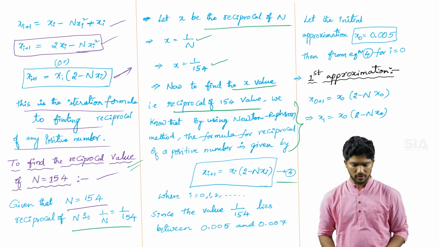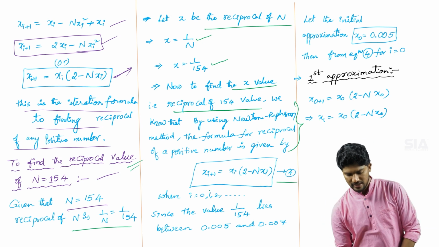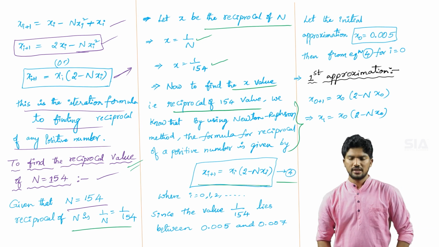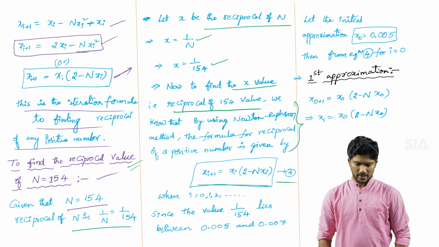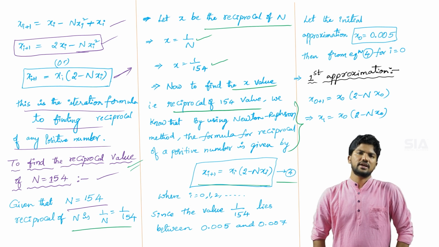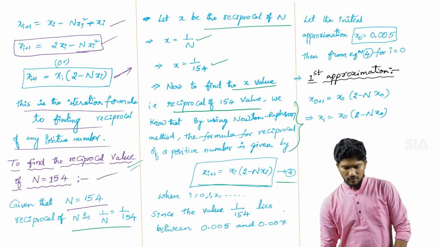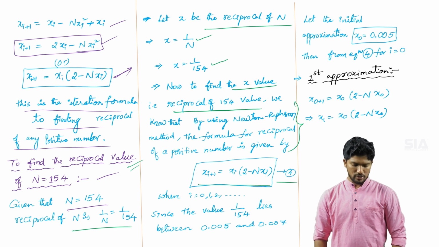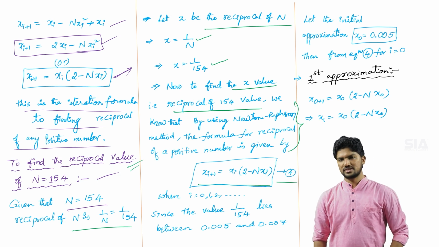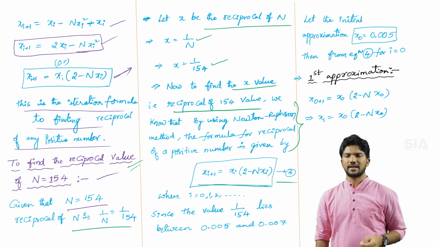So that's why x suffix i plus 1 is equal to xi into 2 minus n xi. So that is taken as equation number 1, where i starts from 0 to 1. Since the value of 1 by 154 lies between 0.005 and 0.007,